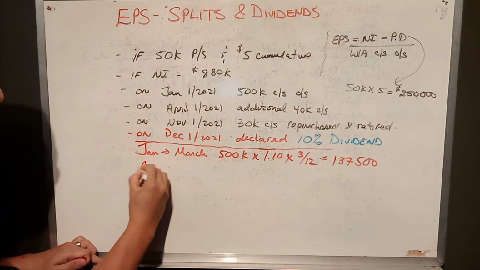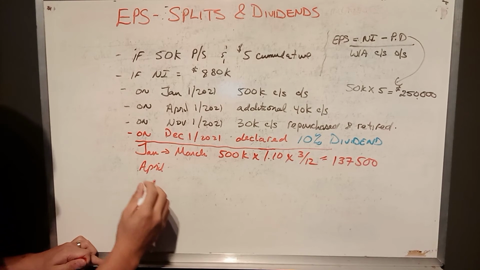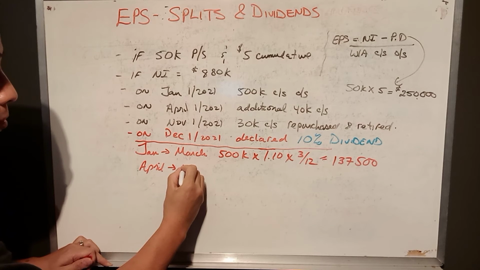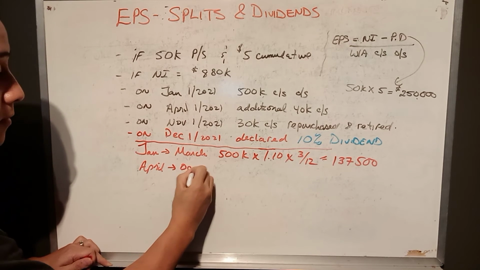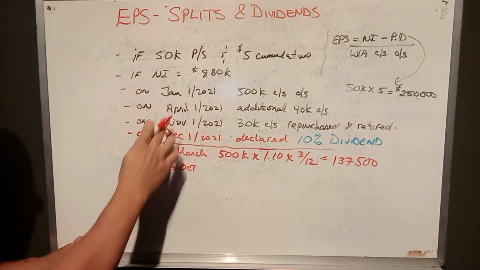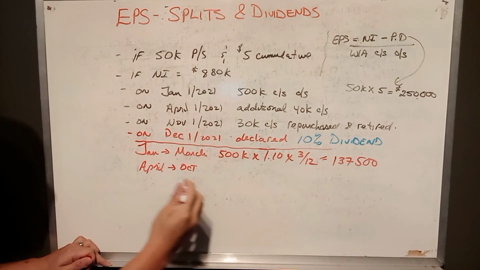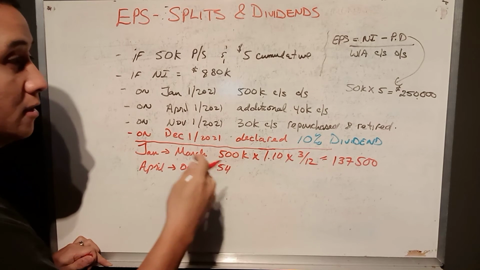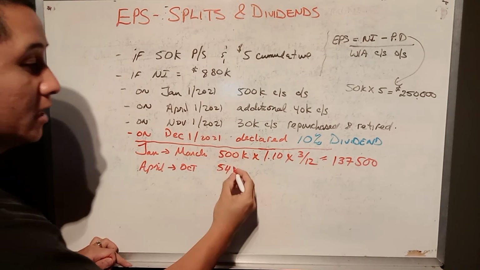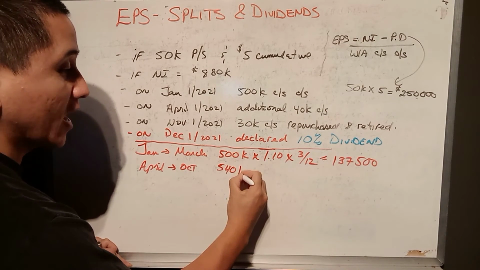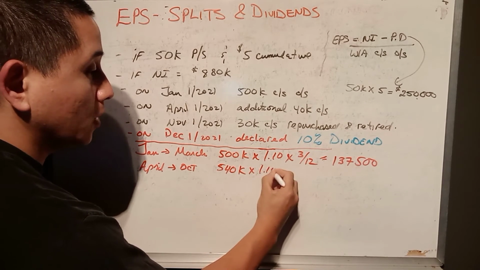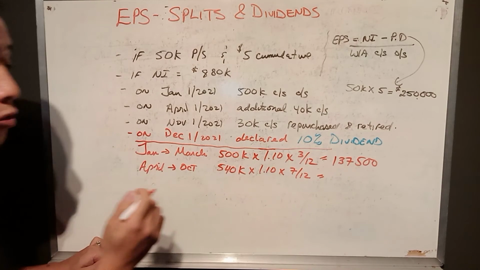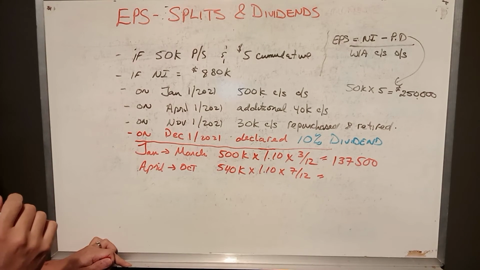Let's say from April to the end of October, we know that because the company had issued an additional 40,000 common shares, we're treating that as if the dividend was declared at the beginning of the year. So 540,000 multiplied by 1.10 multiplied by 7 months out of the 12 months of the year. So then that would yield